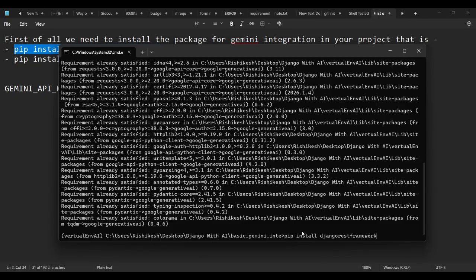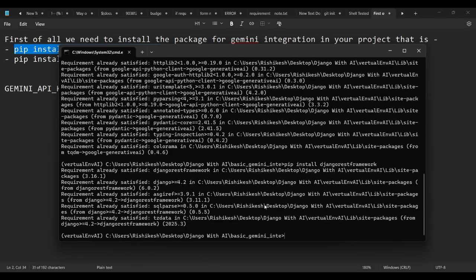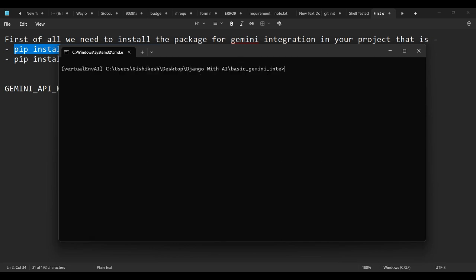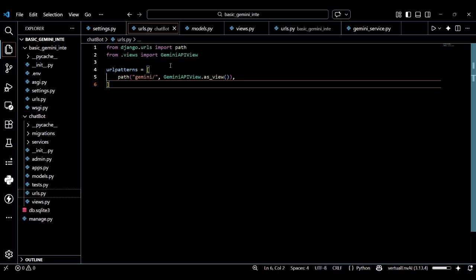And when I run pip install djangorestframework, the same way, requirement already satisfied. That means I have already completed the full setup here. So let's clear it.